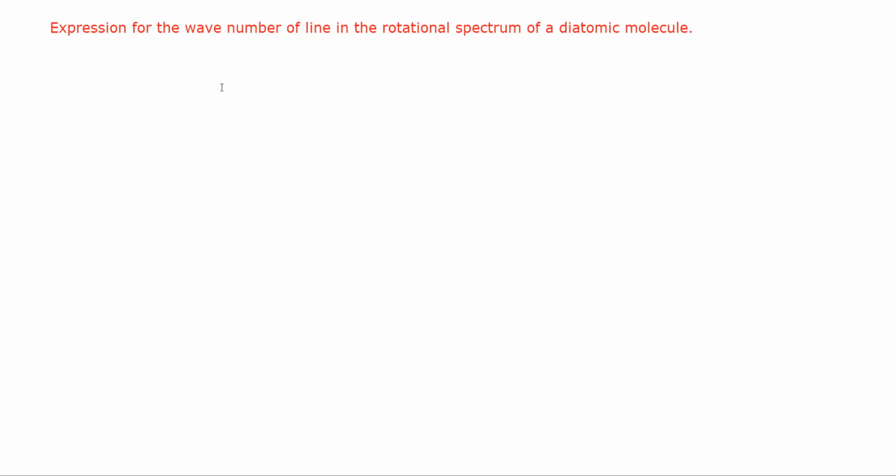Okay, so in this lecture, you have to see the expression for the wave number of line in the rotational spectrum of diatomic molecule. So first, you can write down the energy of rotational spectrum, that is E rotation. So here we can write down E rotation, that is rotational energy, is equal to